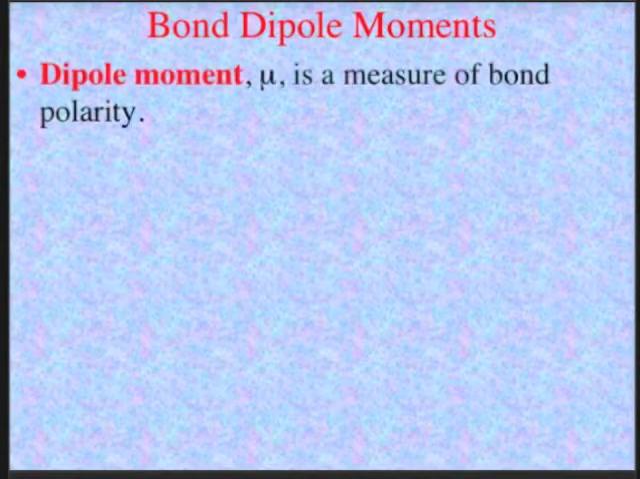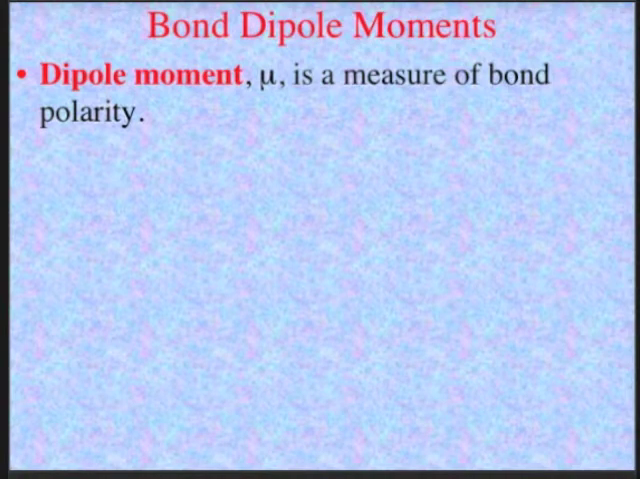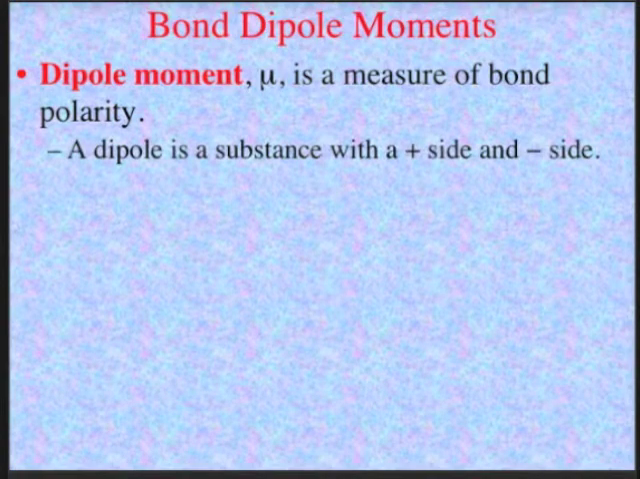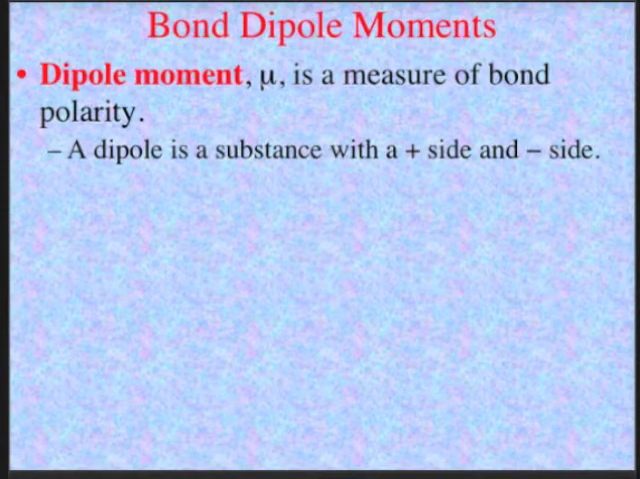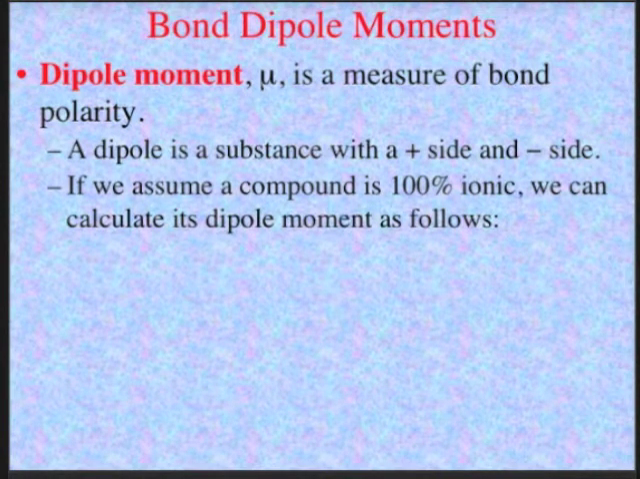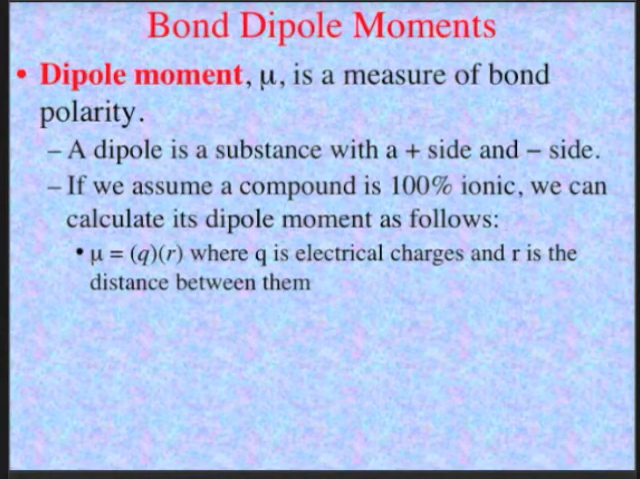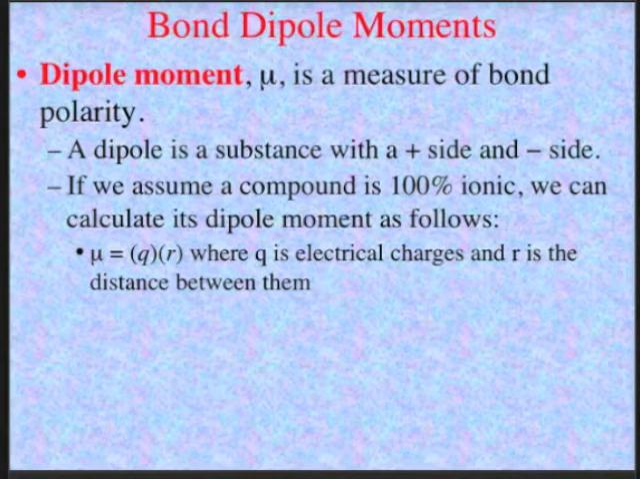So now we're going to talk about bond dipole moments. A dipole moment, expressed as mu, the Greek letter mu, is a measure of bond polarity. Now, a dipole is a substance that has a positive side and a negative side. And if we assume a compound is 100% ionic, we can calculate its dipole moment as follows. Mu, the dipole moment, equals Q, which is the electrical charge that's involved, times R, which is the distance between